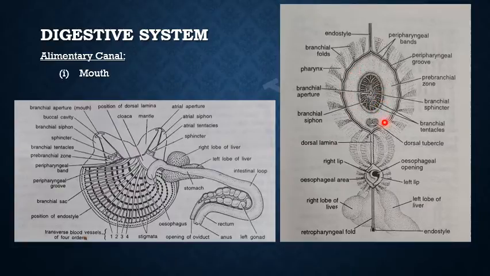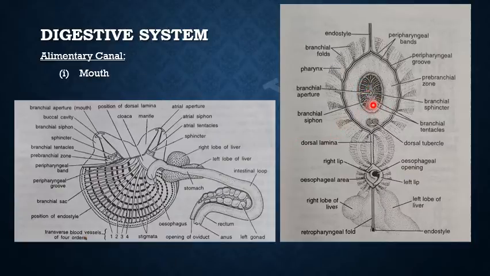So this is this view. This is the branchial sphincter, and you can see the branchial tentacles. These 1, 2, 3, 4, 5, 6, 7, 8 are large tentacles. Then 8 in between them are the medium tentacles, and in between the large and the medium are the small tentacles, and in between the large, small and medium tentacles there is one each of the smallest tentacles. Like this they form a sieve-like structure. They are crisscrossed upon each other, and then they form a sieve.